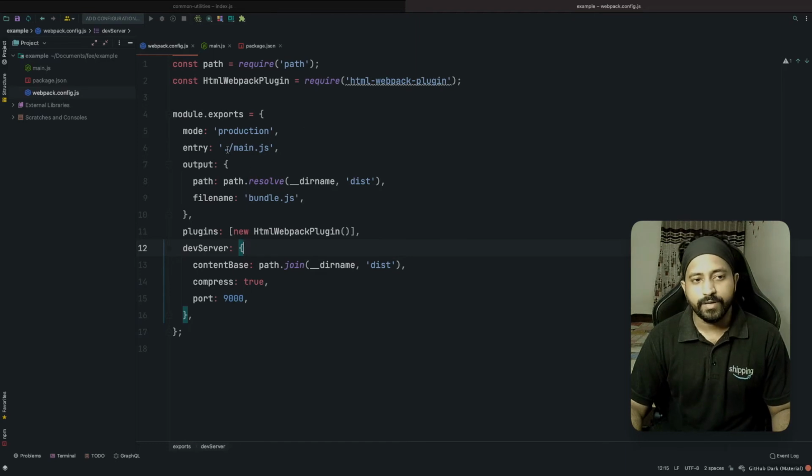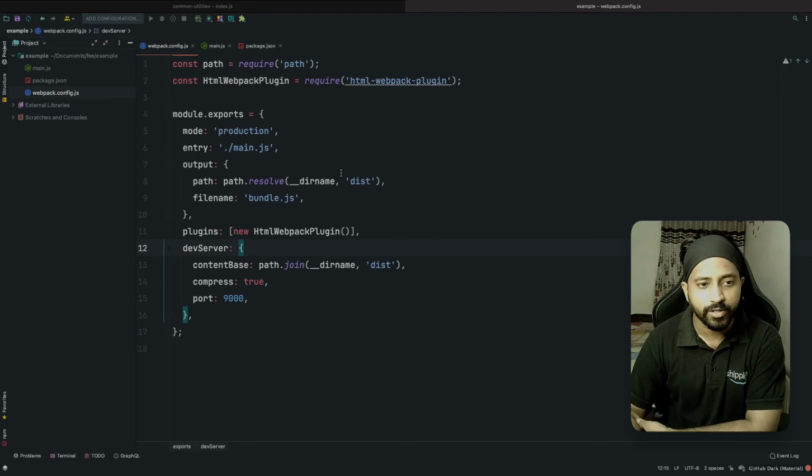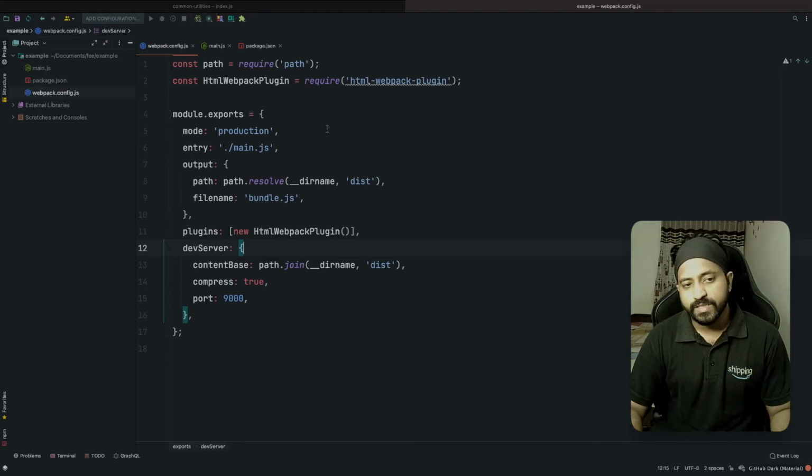The entry point of this project is main.js. The output of this project is also going to be dist, and the bundled file name is going to be bundle.js. I'm also adding a plugin called HTML Webpack plugin. This plugin is basically going to create an index.html and automatically import my bundle.js script into my HTML.